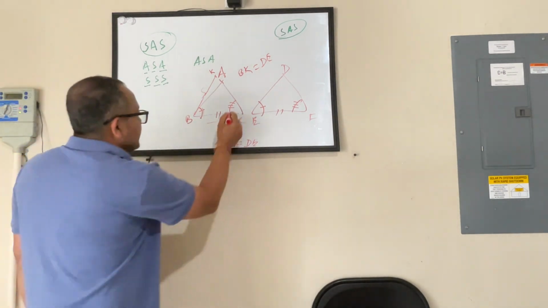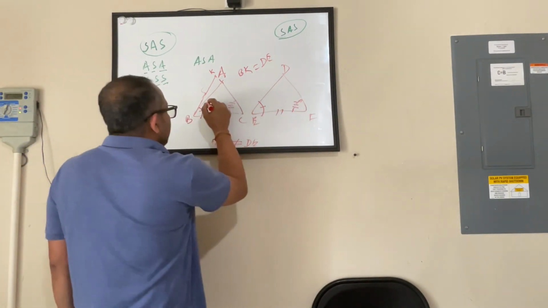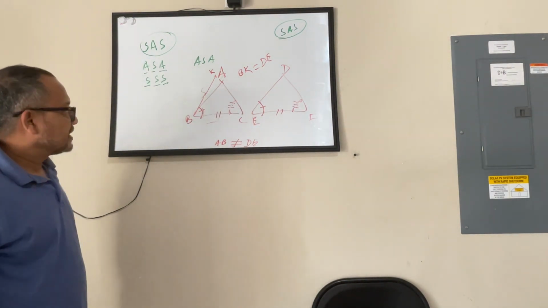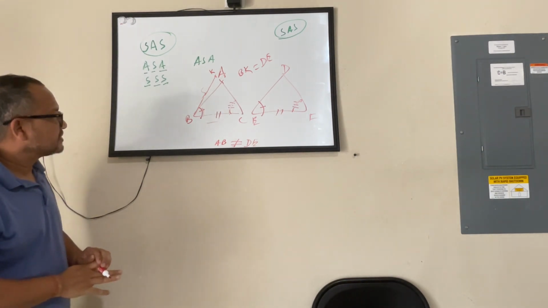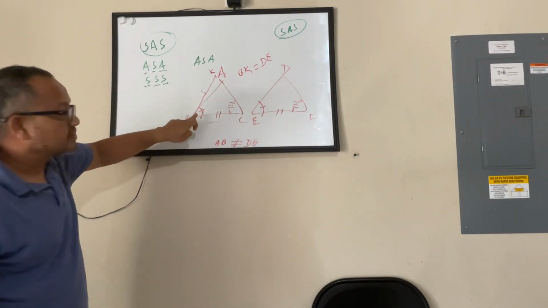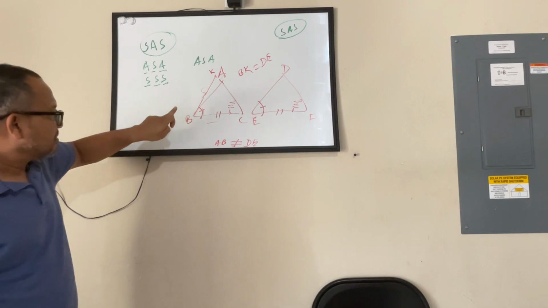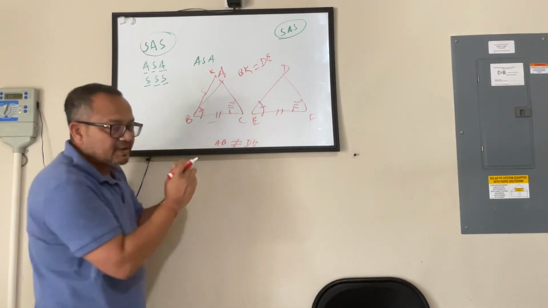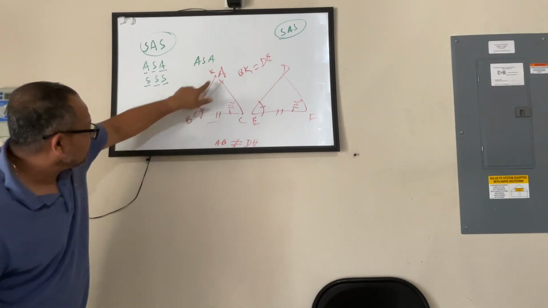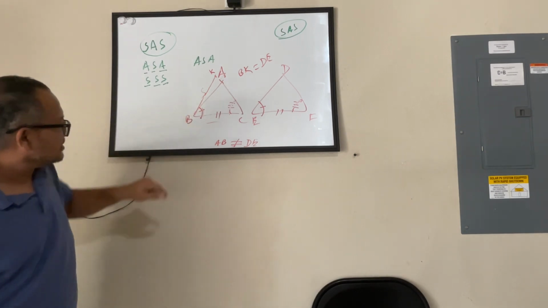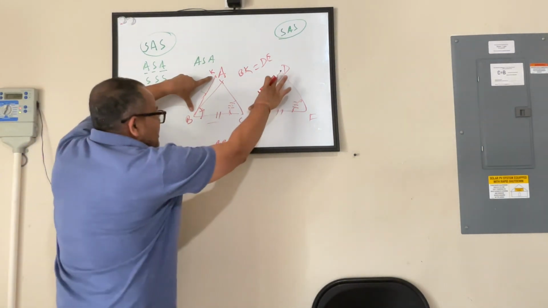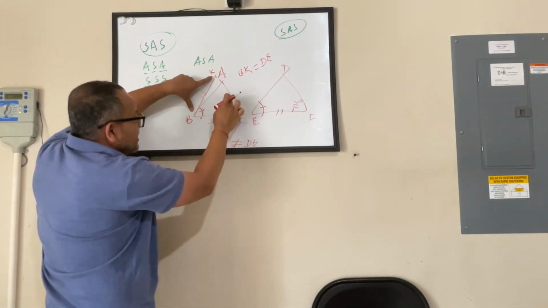This angle and this angle are anyways equal. So what's happening here is, look at this triangle and this triangle. This theory is not proving right. Because in these two triangles, this small triangle and the big triangle, I mean the extended one, this side I am saying is the same as this side. If these two sides and this angle are matching,